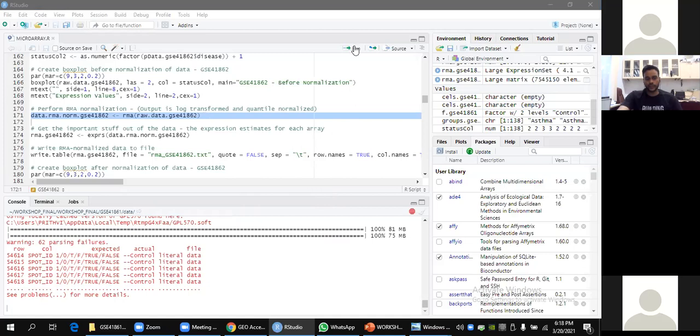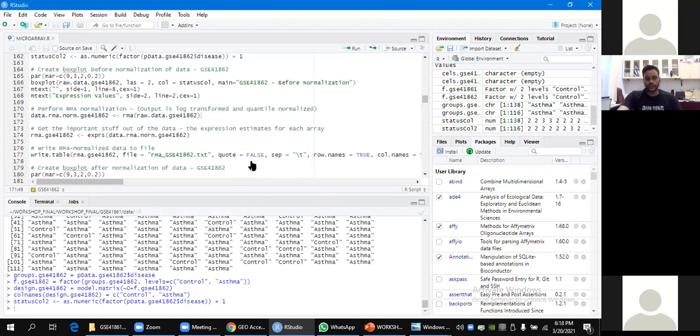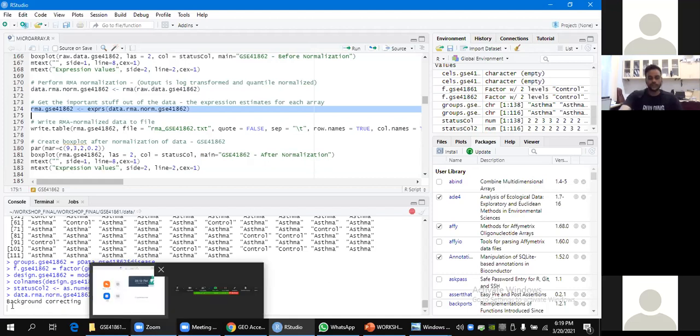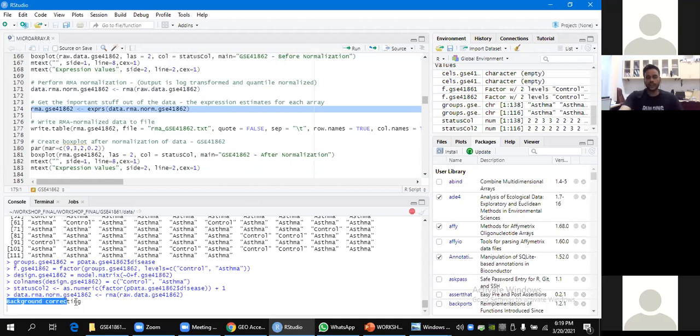We would be normalizing it with the RMA algorithm. See, it's showing background correcting in the console. It means it is subtracting the background noise from the foreground original intensity values, or the foreground signal which we actually want to use.